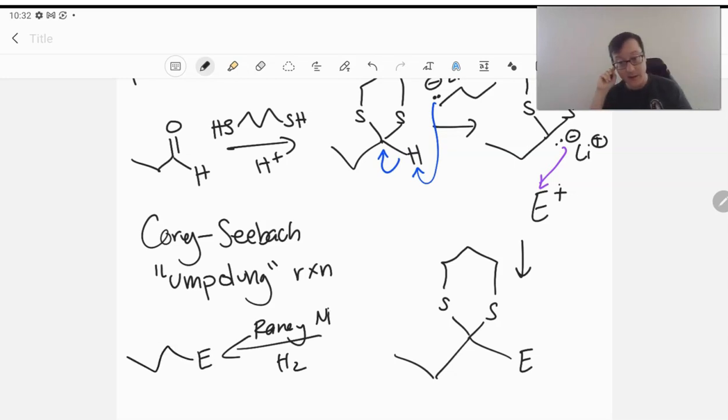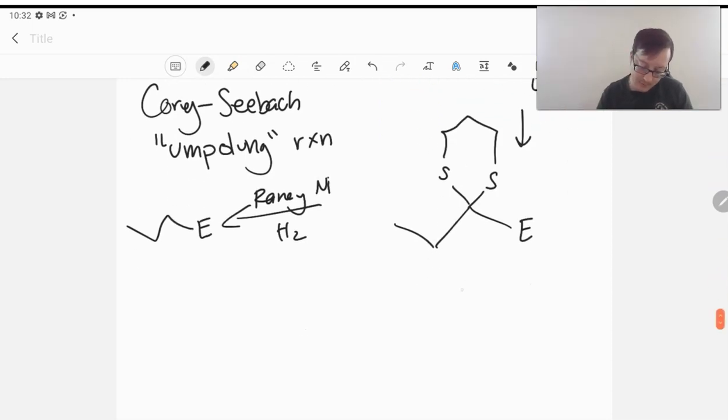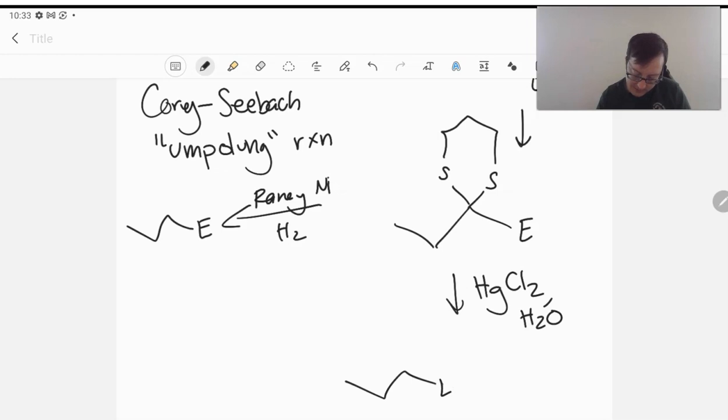You have your electrophile now attached on. So if that's your goal, that's great. But treat this with mercury too and water, and you get your carbonyl back. So we can use these sulfur bits as a way of kind of shielding, I don't want to say blocking or shielding or protecting, but we can kind of mask our carbonyl, hide